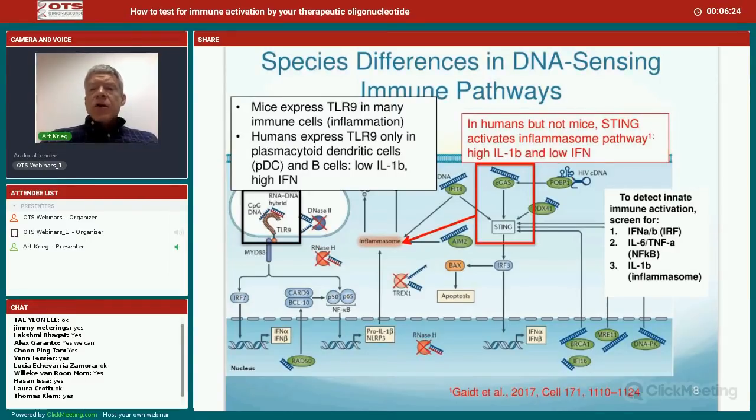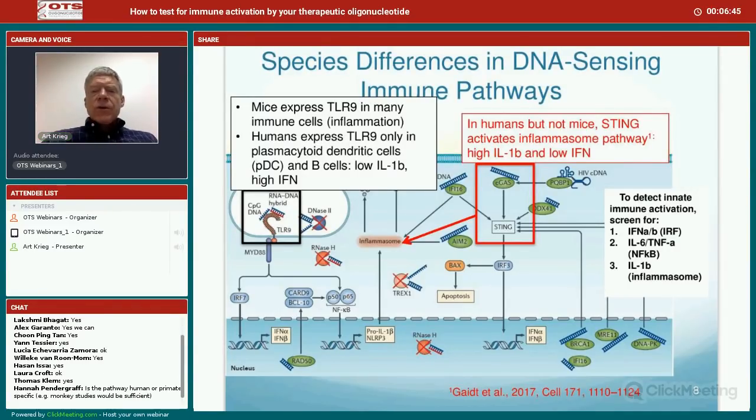Mice express TLR9 in many different immune cells: monocytes, several types of dendritic cells. But in humans, TLR9 is more or less only expressed in plasmacytoid dendritic cells and in B cells. And so the consequence of that is that we get different outcomes in terms of the cytokines that are produced